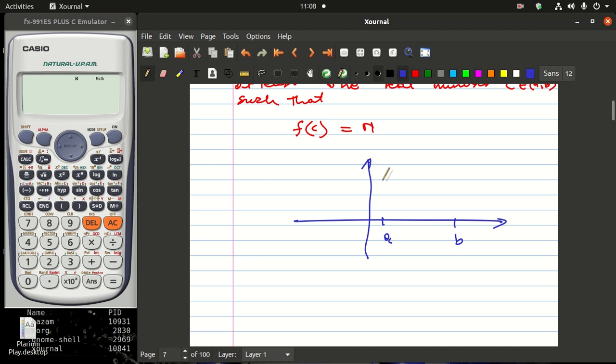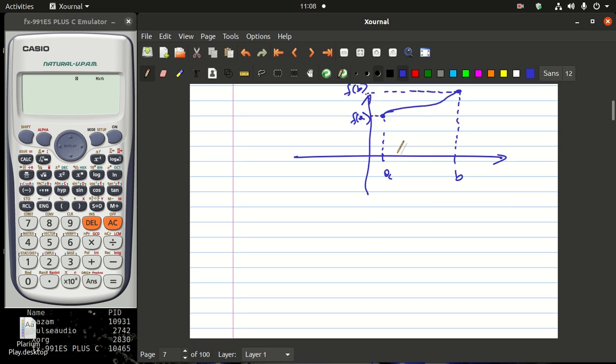This function is continuous, which means I can start somewhere there and this point here is defined, and at this point I have f of a, and I can start from this point and draw this whole function all the way up or down, and this one here I know that its output is going to be f of b. What this theorem is saying is this: whenever I pick a point here whereby this point is n,